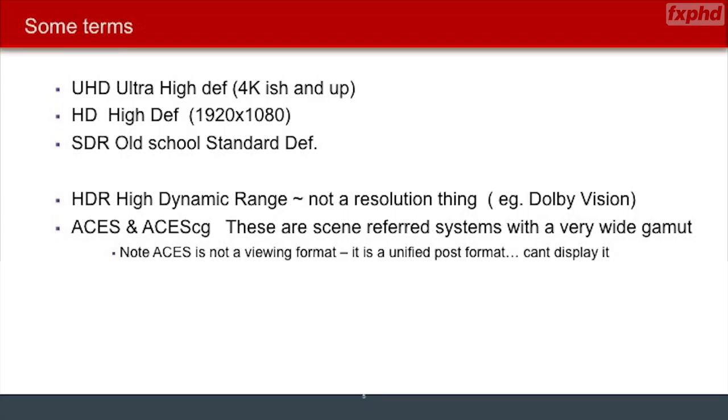He didn't do the grade of the whole film in Dolby Vision. He did a specific Dolby Vision grade. And then we have the concepts of ACES and ACEScg. Now, we've done lectures here before about ACES, and I've mainly focused on the fact that ACES gives us a